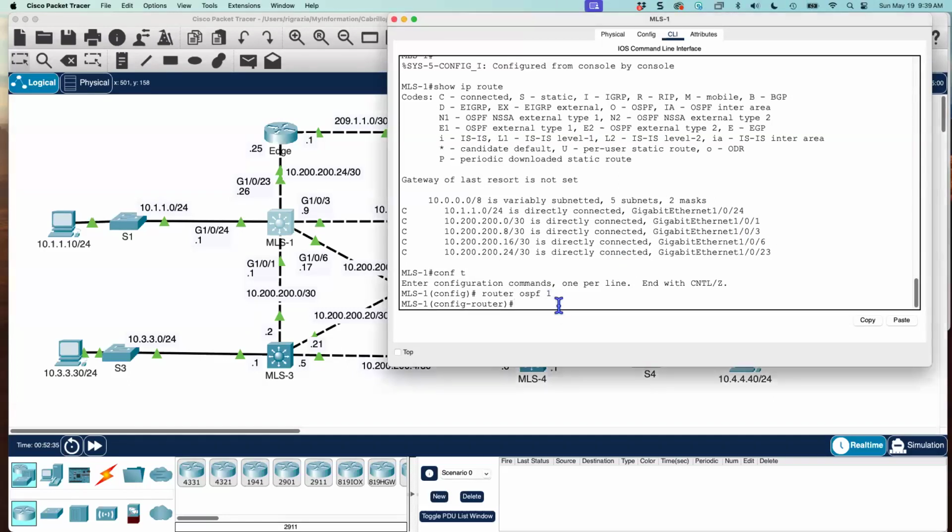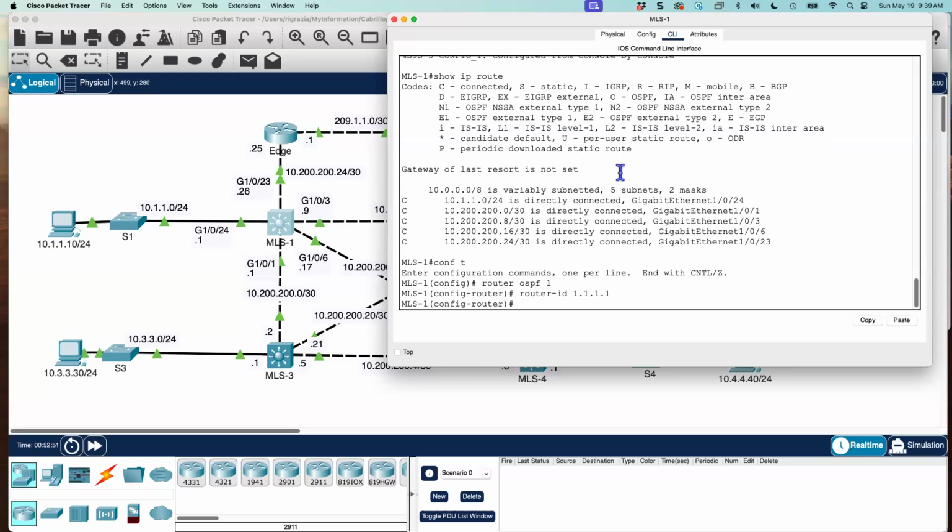All right, so all I have to do here is give it my directly connected networks. First thing I'm going to do, though, is give it an OSPF router ID. Okay, this is just a 32-bit value that's written as an IPv4 address. It's not an IPv4 address. And I'm just going to call this quad 1 because this is MLS1, and I like to keep things simple here. Okay, then I'm going to use the network command, the OSPF network command, and all I do is give it the address of a directly connected network, like